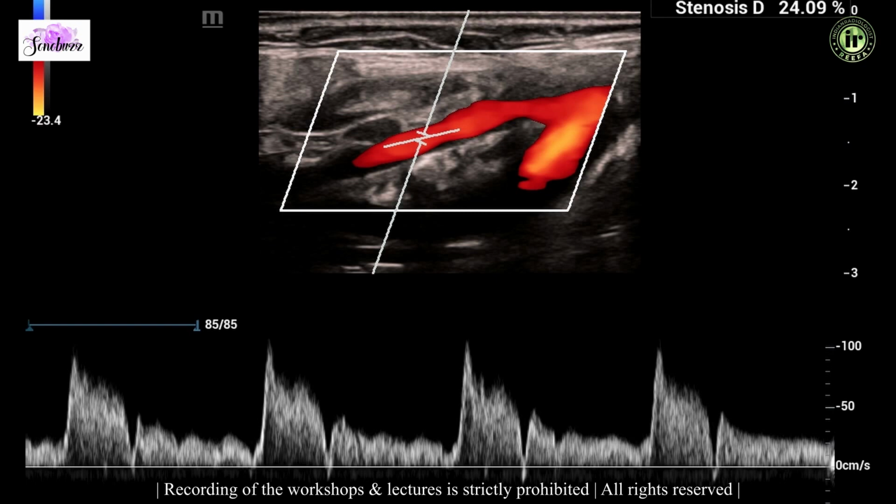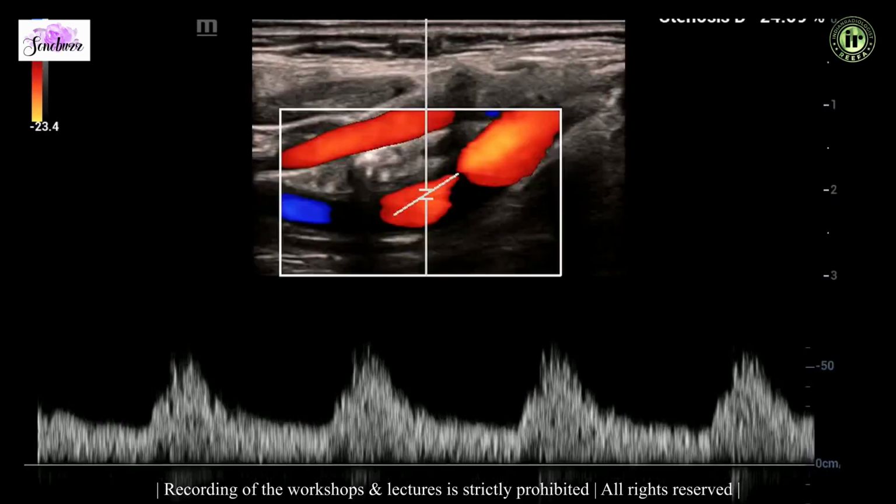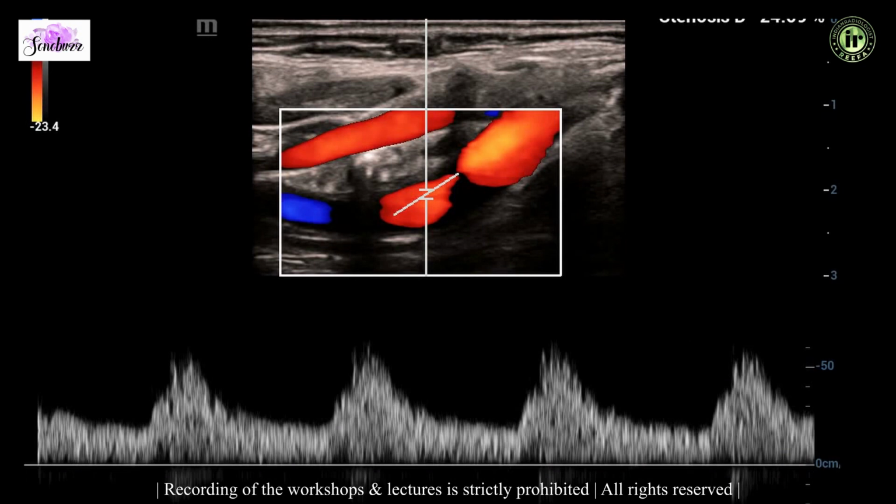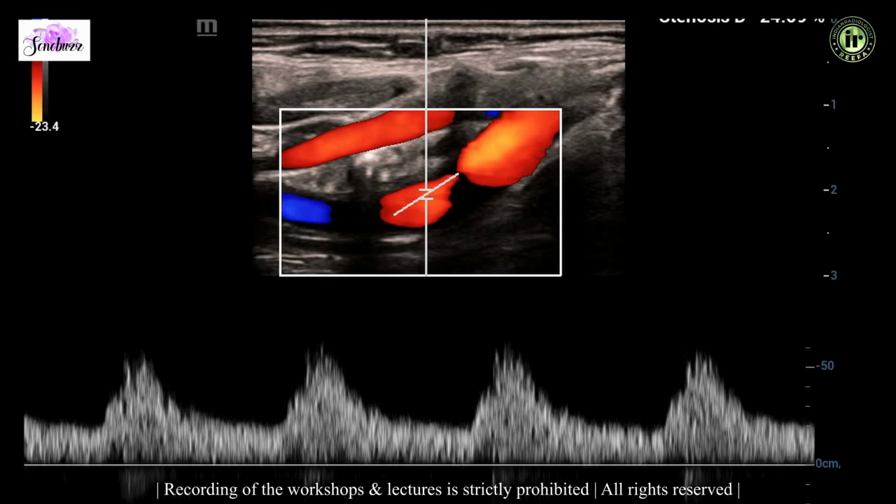So having seen the medium resistance waveform of the ECA, I am now going to show you the normal waveform of the ICA. Can I just take the spectrum there? Invert. Scale down. So if you look at the ICA,